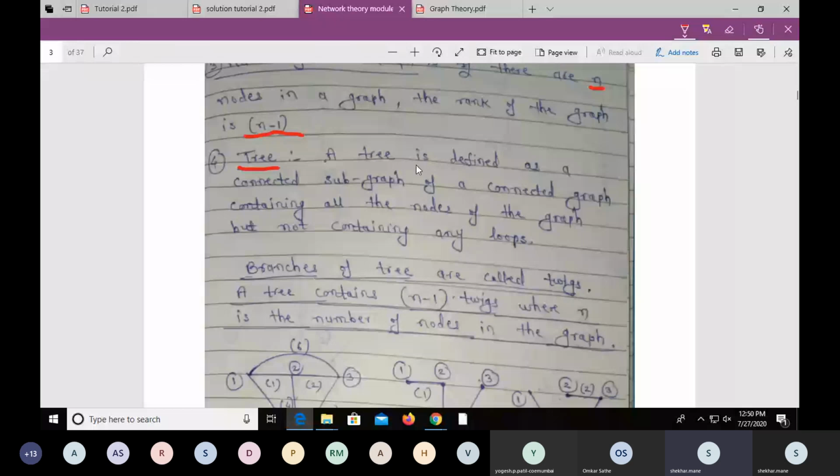A tree is defined as a connected subgraph of a connected graph containing,